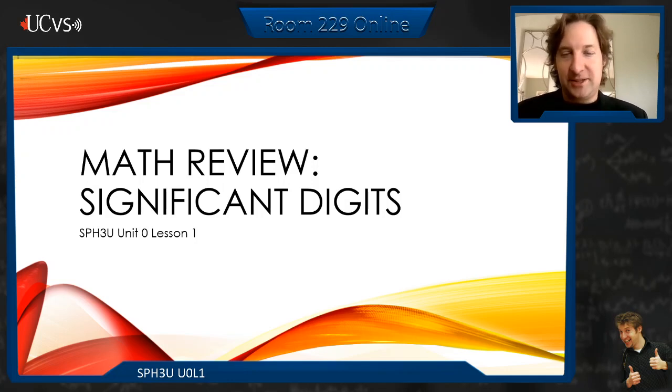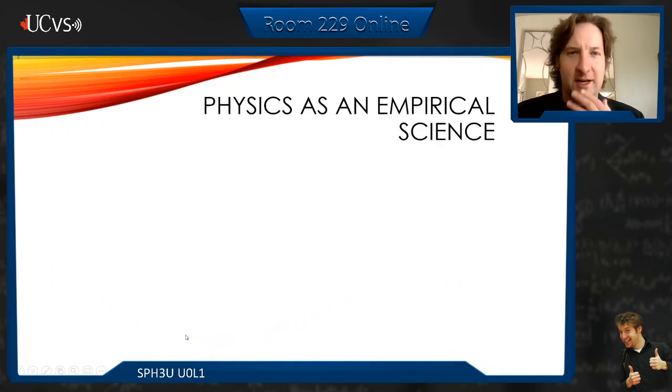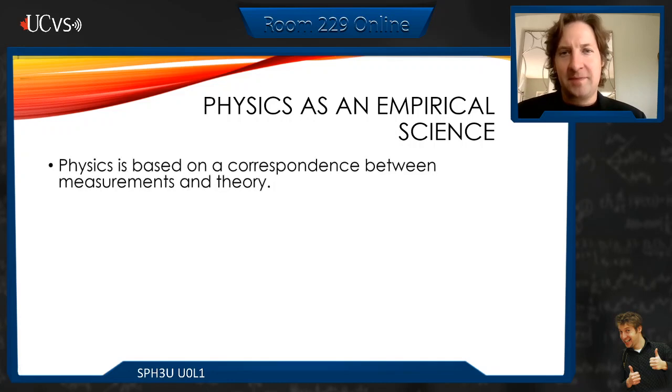Now, for us to do this, we've got to think about the nature of physics. This is a physics class, but what is physics? It's a difficult question to answer, sorry. But we can think of physics as what we call an empirical science. What do I mean by that? Physics as an empirical science. Now, what that means is that